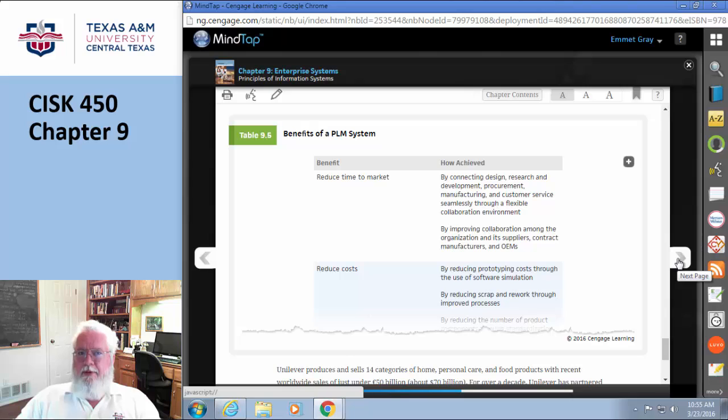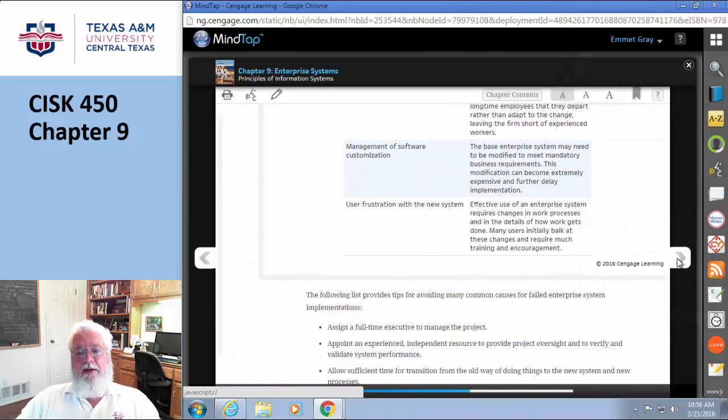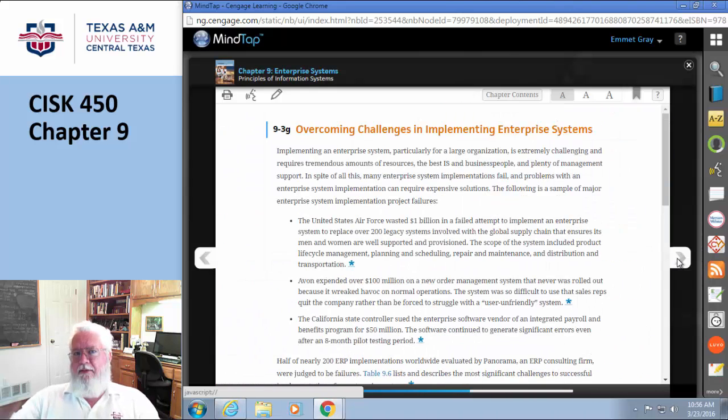So we've talked about product lifecycle management, which is kind of tangential to ERP, and we talked about this, which is definitely. And now we're kind of going back. Okay. So this is kind of schizophrenic, so just bear with me. So now we're talking about the challenges of an ERP, and let me just tell you, there've been some colossal